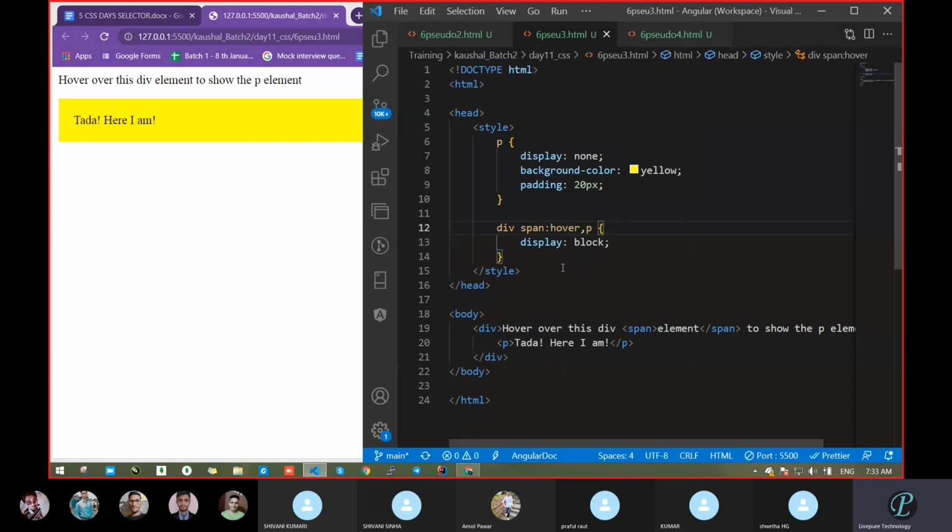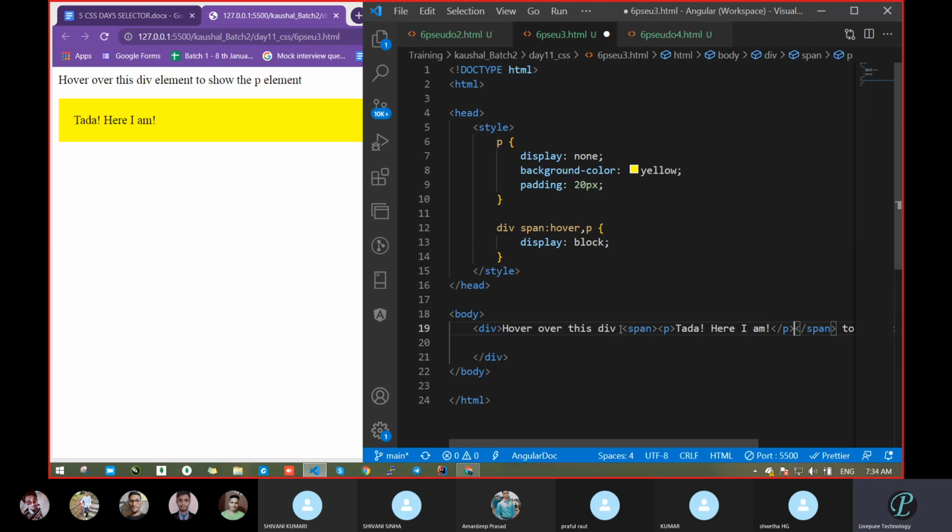Sir, we can do one thing: we can put the P tag inside the span tag only, the whole P part, the whole paragraph part. If we pass that, then it will work, but then the span will not be there separately. If we pass it like this, then it will work, because then it becomes the same thing.